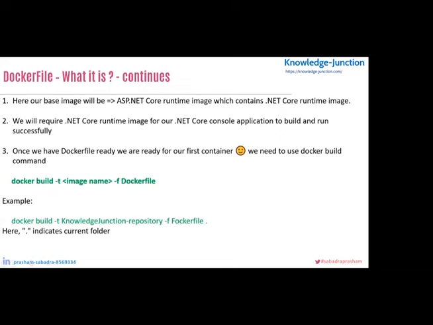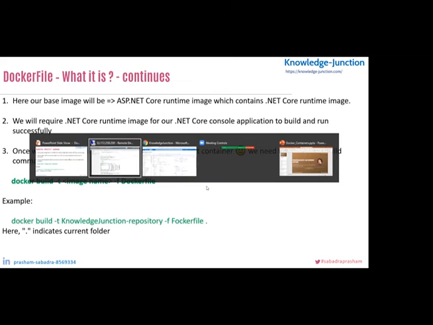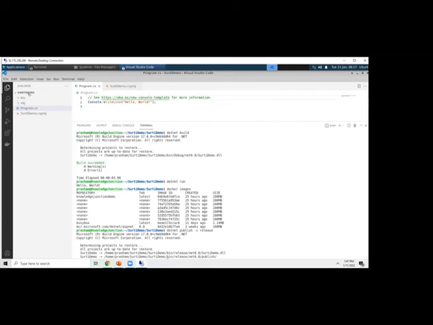Okay, so let's see the example here. We have a Docker build to create the image name, and the Dockerfile is the input. Now the example of a Dockerfile, let's create one. We'll create it in Visual Studio Code. So here I am creating a new file. One more important thing is that the Dockerfile naming convention is case sensitive, so it requires this format: capital D, capital F, Dockerfile, without any extension.